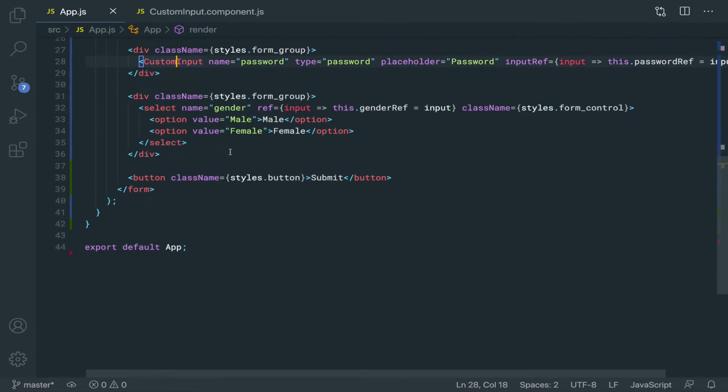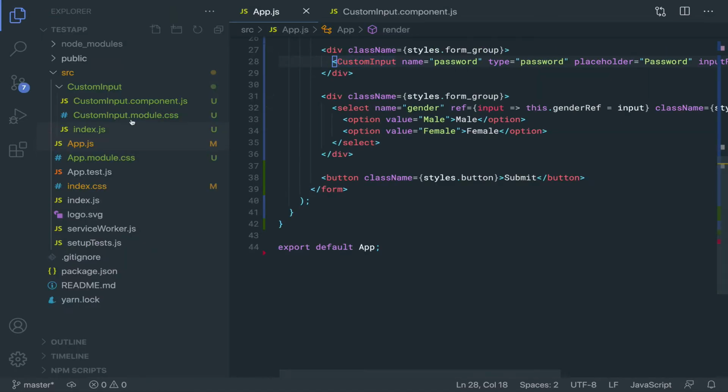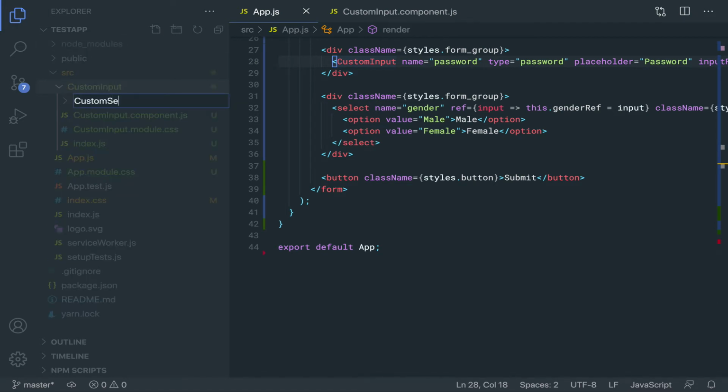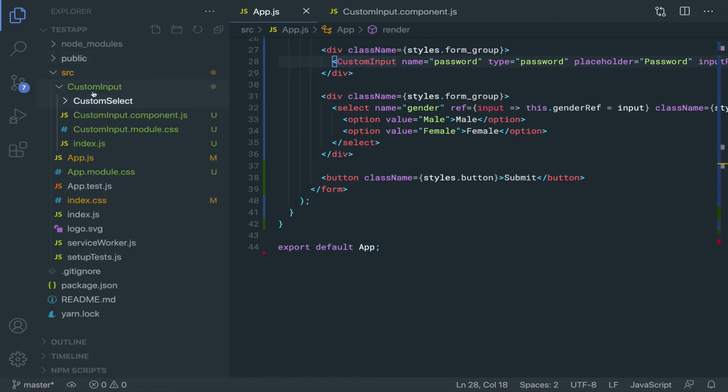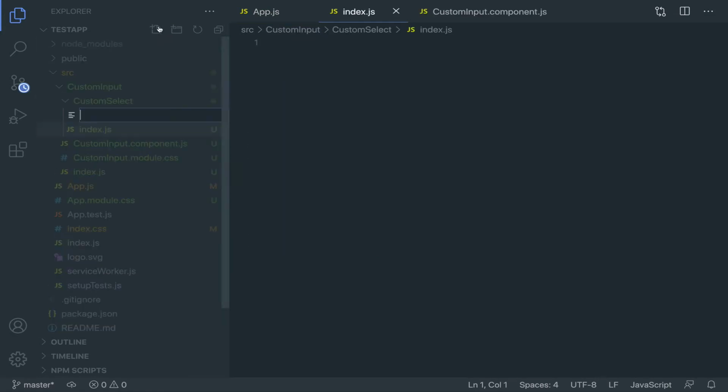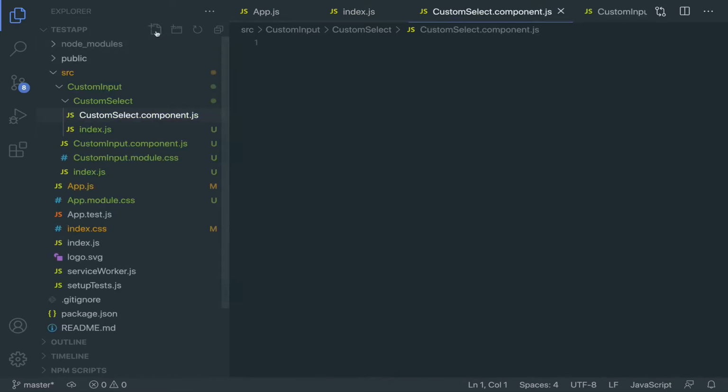We can also create a custom select component just like we created the custom input. To do that, let us create a new folder in our SRC directory called custom select. And in this custom select, I'm going to create an index.js file. I'm going to also create custom select.component.js and custom